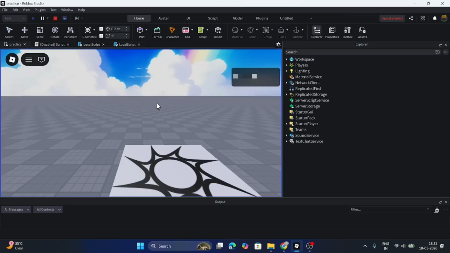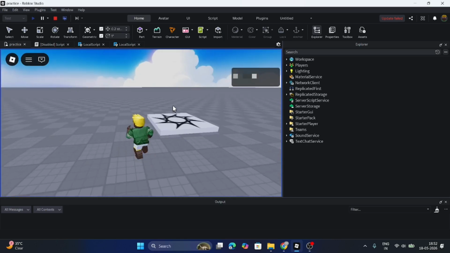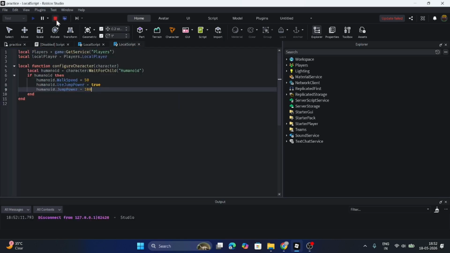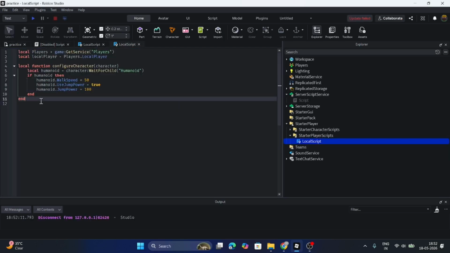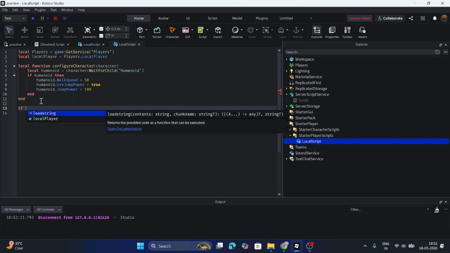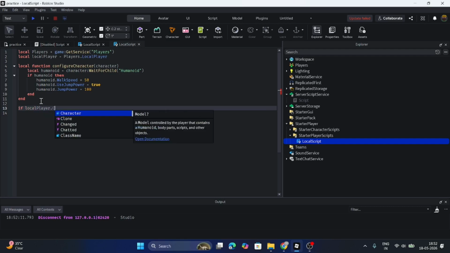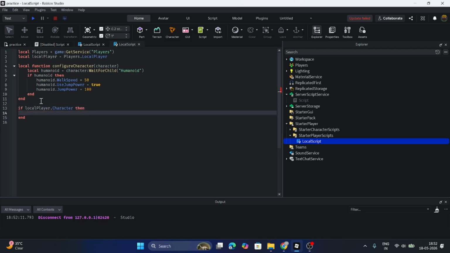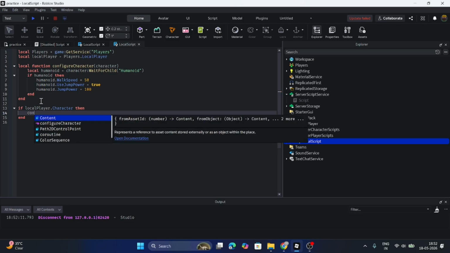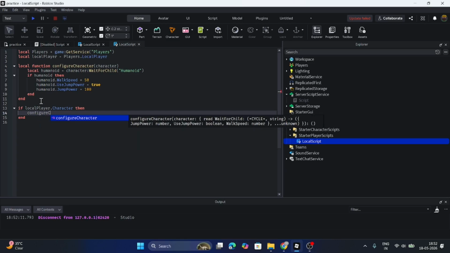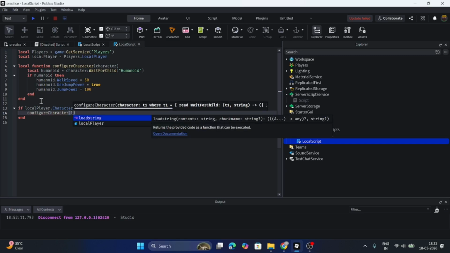As you can see, it doesn't work. Why doesn't it work? Because in the end we need to apply that function on the player's character, right? So we'll do that now. As you can see, if LocalPlayer.Character, then ConfigureCharacter, player. So we apply the function on our character, and